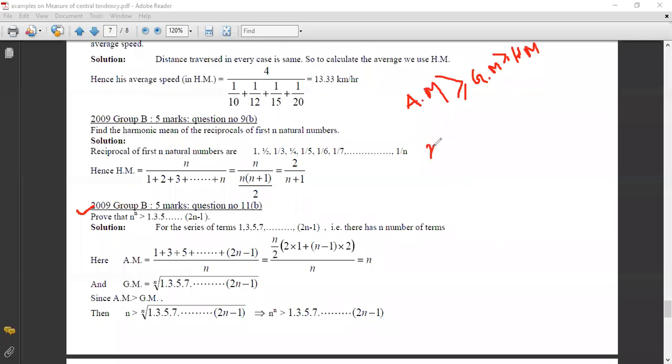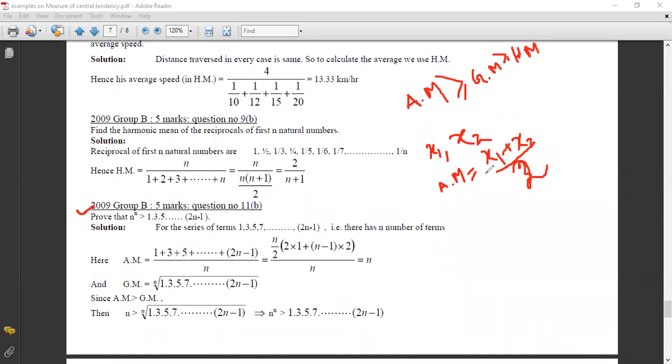Let x1... I don't know whether you have forgotten, so in case you have, I am repeating it once. For two elements x1 and x2, the arithmetic mean, or rather we write it as x bar, is generally called the mean. Arithmetic mean equals x1 plus x2 by 2. If there are three elements, then x1 plus x2 plus x3 by 3.